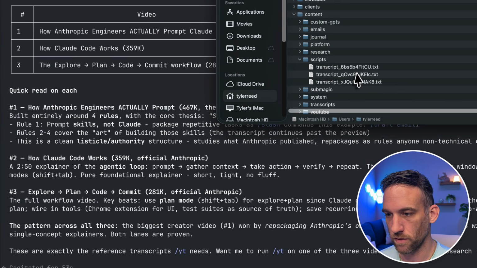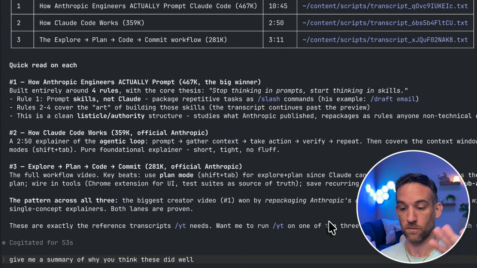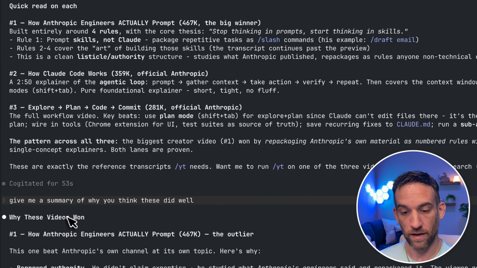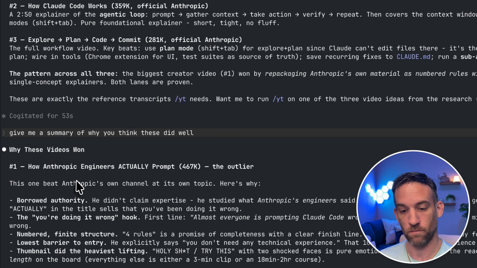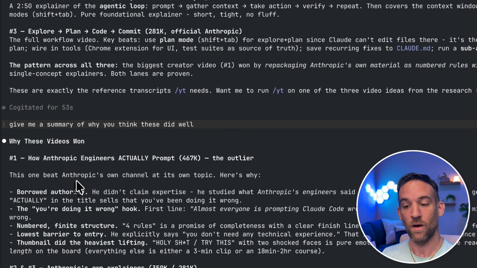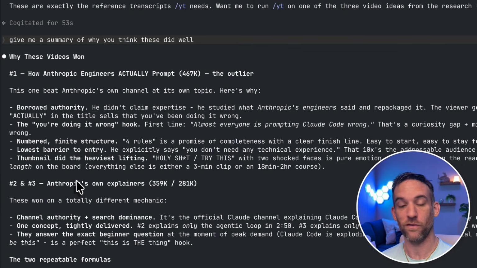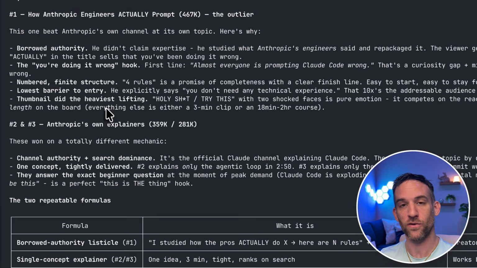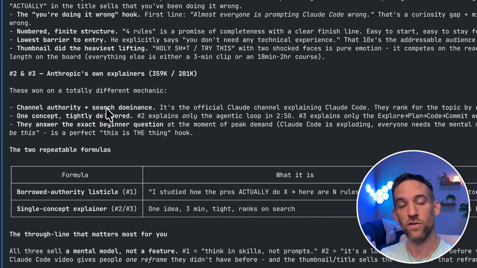So if I go to my Finder right here, I could open up these 3 transcripts myself. You could do something else with that if you want, but you just have that locally. And what it's doing now is saying why these videos did well, based on what it thinks. And this is great because now you can use this for your own planning of the videos that you want to make, because their structure might have done really well